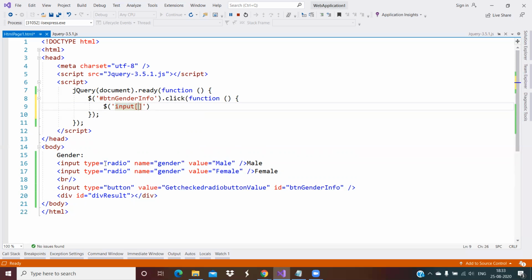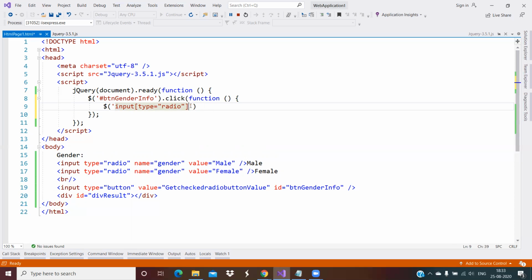I don't want to consider the button, I only want the two radio buttons. So I use the attribute type equal to radio. You can also write name equal to gender, anything.